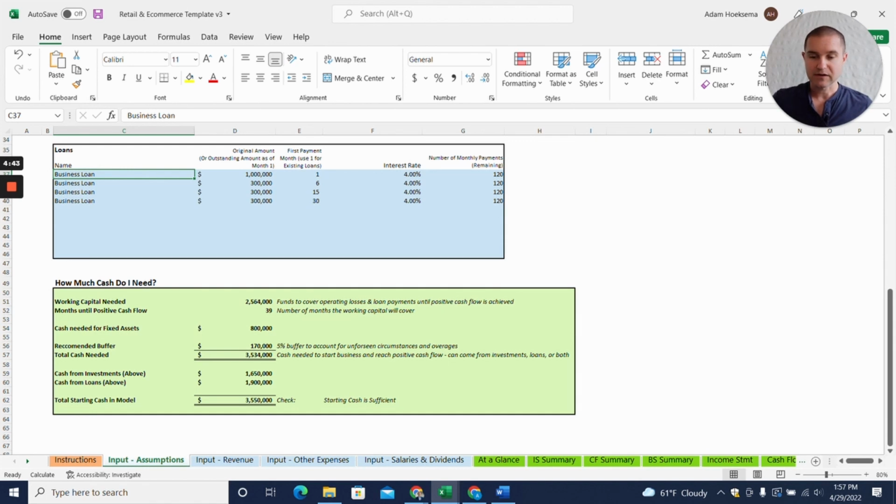This little table down here is going to help you determine, after you enter in all your assumptions, whether your starting cash is sufficient. Do you have enough cash to pay for all of the startup costs of fixed assets? And then also the key thing here is the working capital. How much working capital is needed to help get the business to profitability? And so what we're doing here is